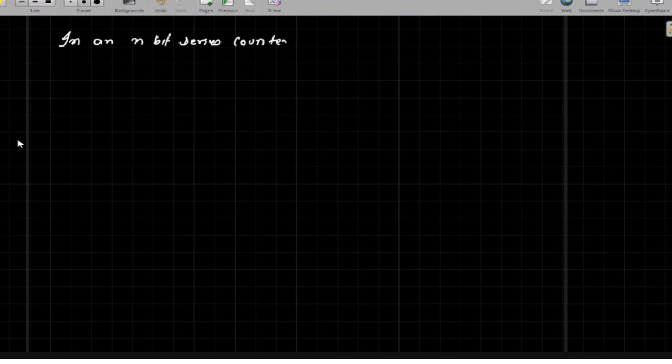For example, let me write in this way: in an n-bit series counter,